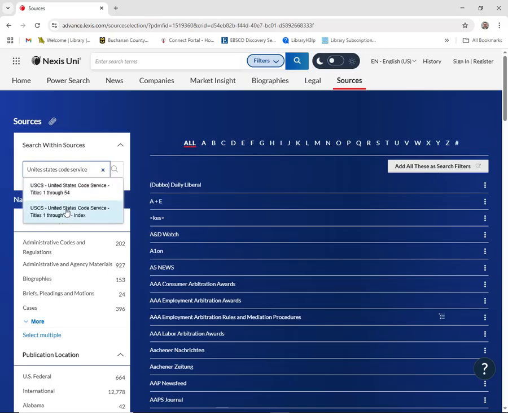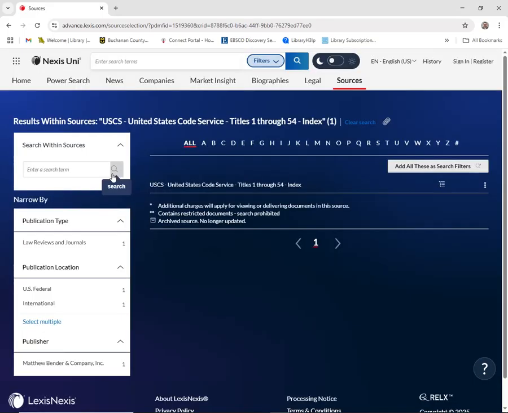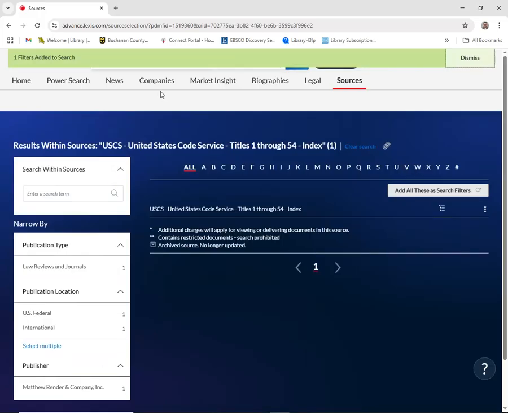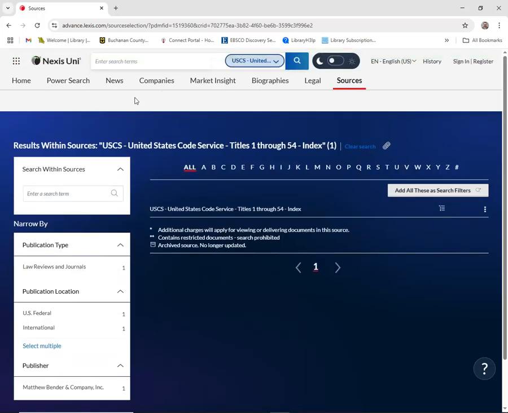Notice it pulled up 2 items, one of which is an index. So if I tell it to go to the index, I have to add that as a search feature. And then if I type in my term of domestic violence,